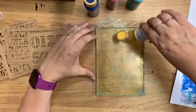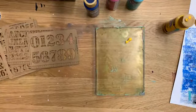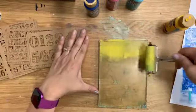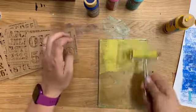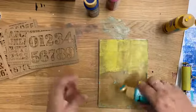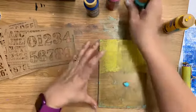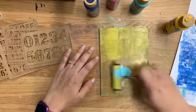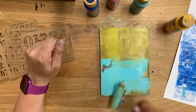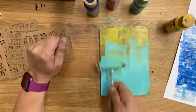Okay, so I'm going to start with this. I'm hoping my mic is working. It seemed to me like it wasn't when I went back and watched my video from yesterday. Now, my biggest sin with jelly printing is I tend to put too much paint down, so I'm really working on not doing that. But I want to show you something that's kind of fun with stencils. See, I kind of overdid it with that color too, especially since I'm using my smaller